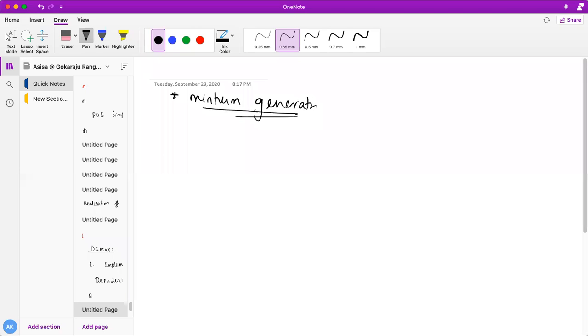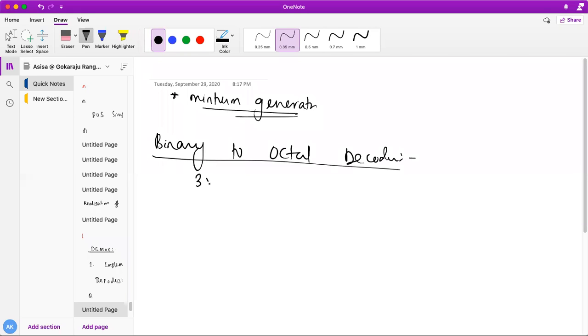So now we are going to see another thing here, binary to octal decoder. How is it, students? Binary to octal decoder is nothing else but a 3x8 decoder. As we know that in octal, how many combinations of min terms can be possible? 2 to the power 3, 8 combinations. So what are those?